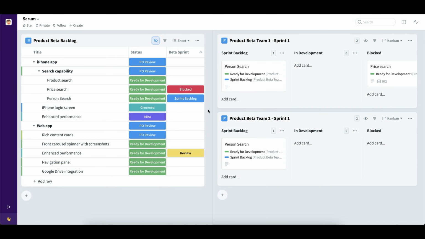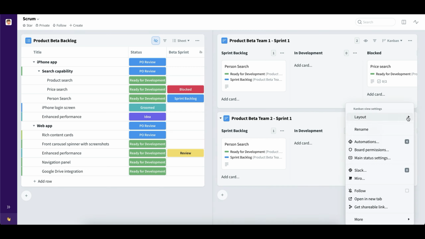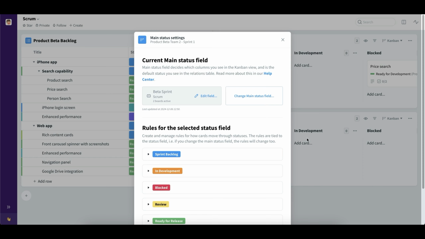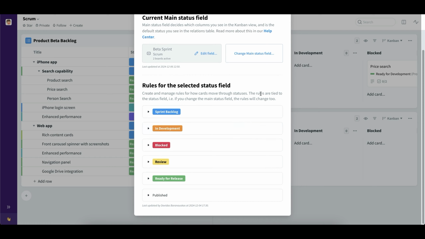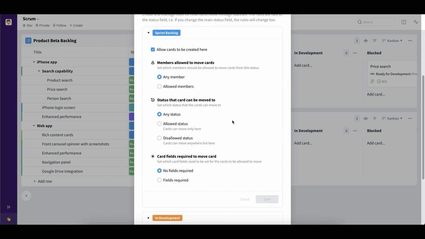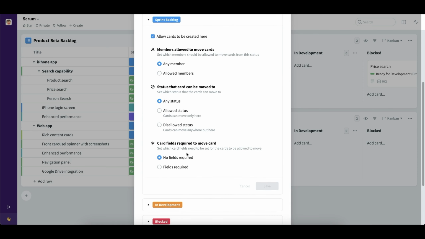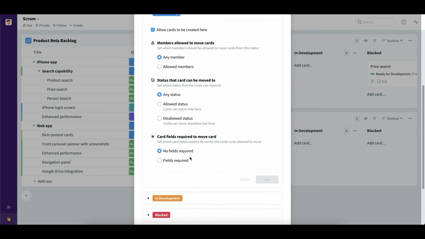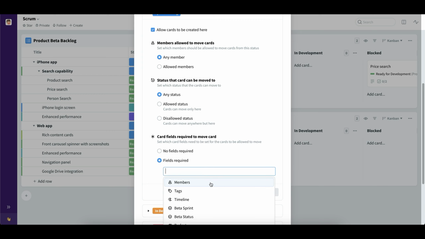Finally, with the main status field feature release, we're also introducing required fields. By simply going to any of the board main status settings, we can access the rules for the selected status field menu. Now here we can find the statuses of the board and one of the new features, card fields required to move card. Here we can select fields that are required in order for the card to move into a different stage. You can select from various options. Let's choose members